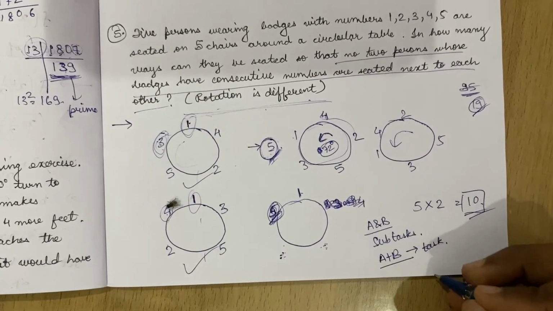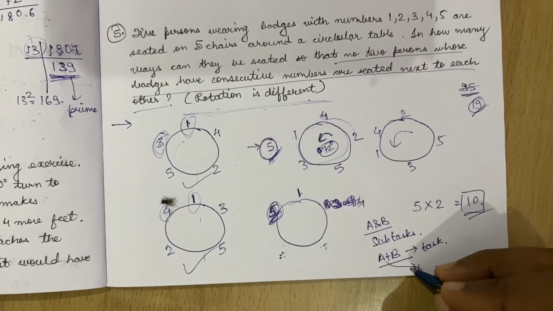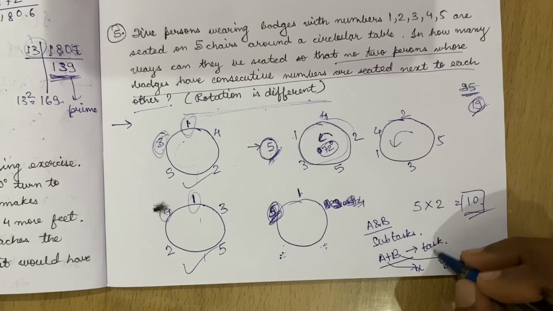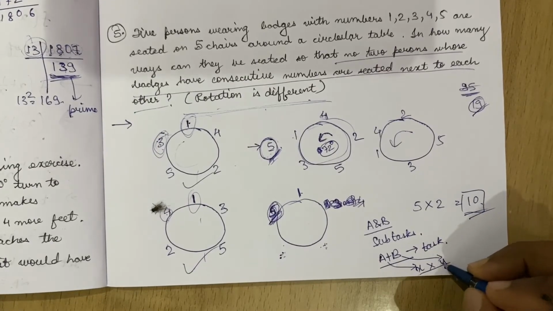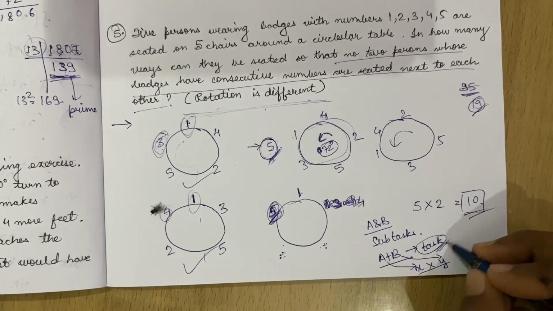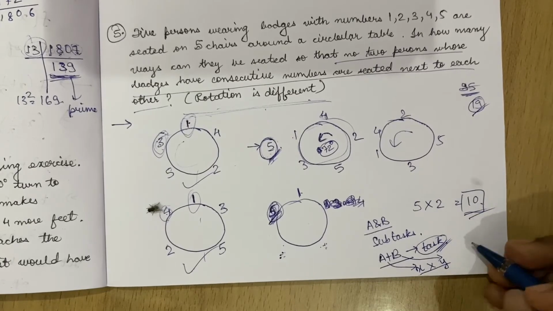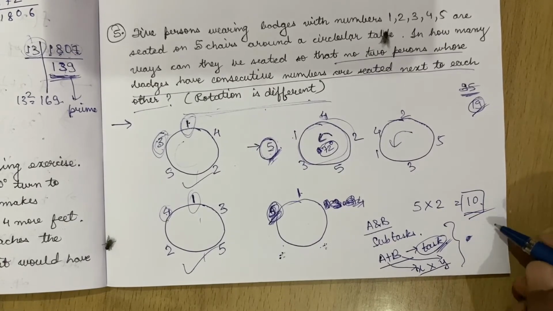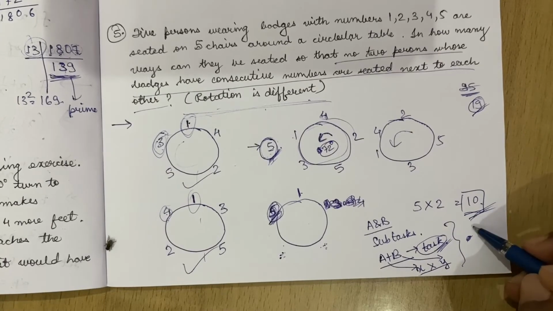And there are X ways of doing A and there are Y ways of doing B. Then there are X times Y, X into Y ways of doing the whole task. But this will be covered in detail in any permutation lecture that you will see, or any book that you can refer to. I have just used it here, and yeah, this concludes the 5th question.